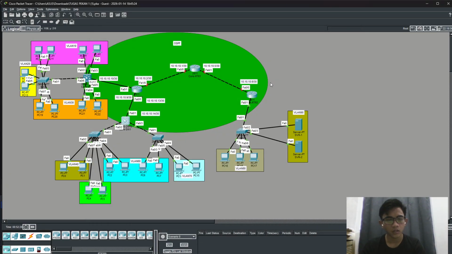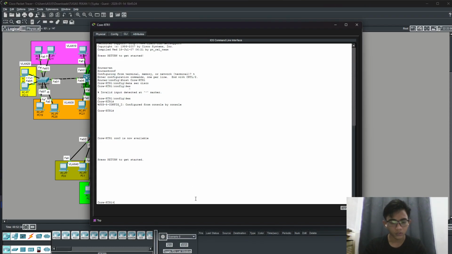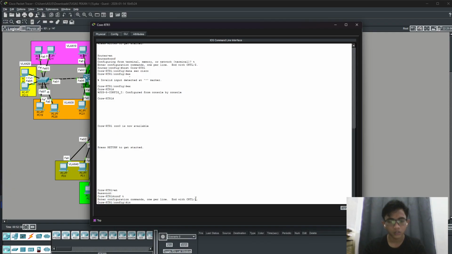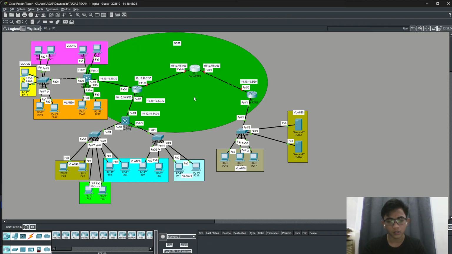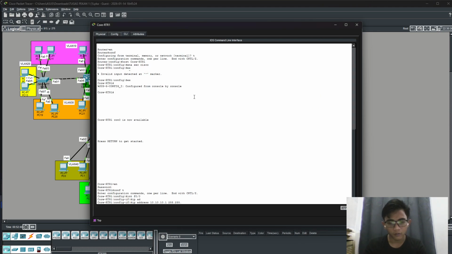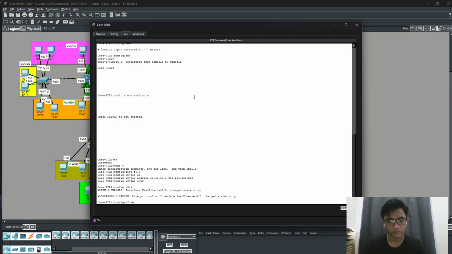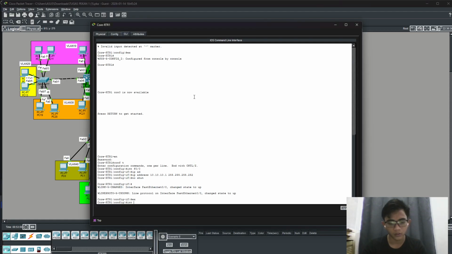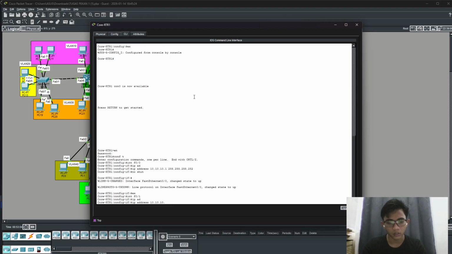Okay, now next in here, router 1. Yes, enable, Cisco, configure terminal, interface F0/0. The IP address is 10.10.10.1, 255.255.255.252, and don't forget no shutdown. Okay, exit, yes. And now interface F0/1. The IP address is 10.10.10.5.